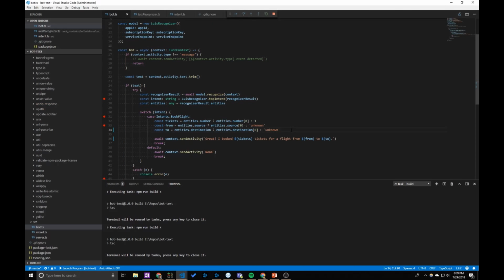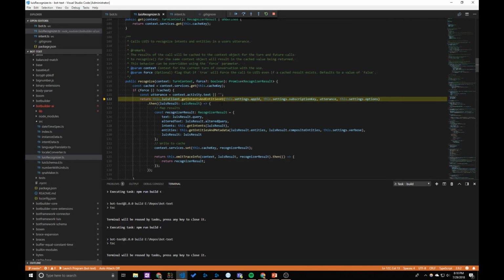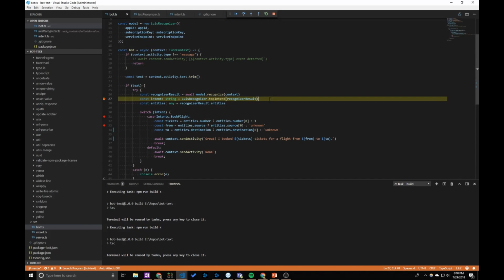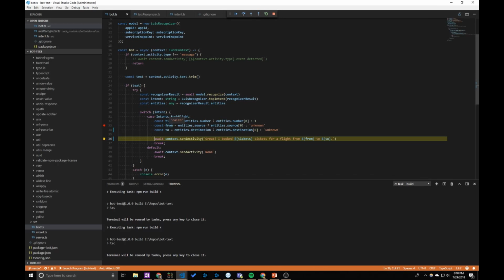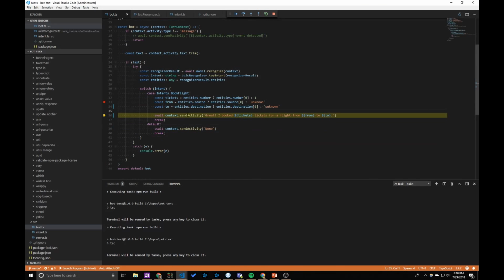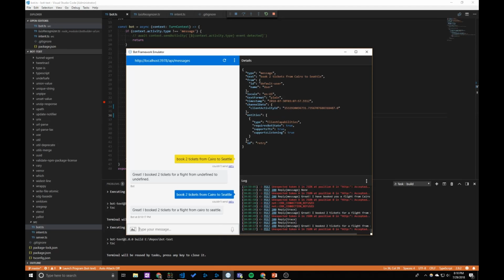And we had written this article a long time ago and kept putting the video off specifically because they're quite difficult to get right. And here you go, you see the issues. All right, so we got 2 tickets from Cairo to Seattle, and we're going to send the result. Great, it's working now. Okay, so disregarding technical details, the point is that we just offloaded the intent recognition to